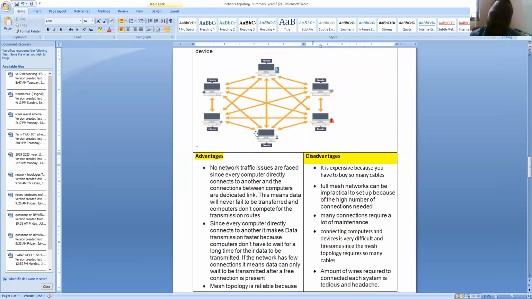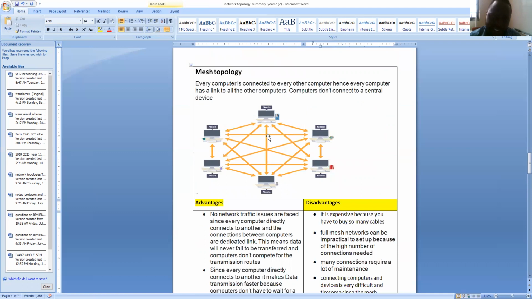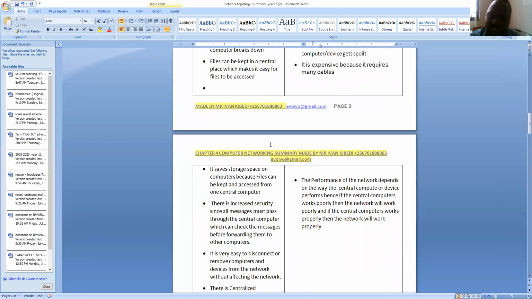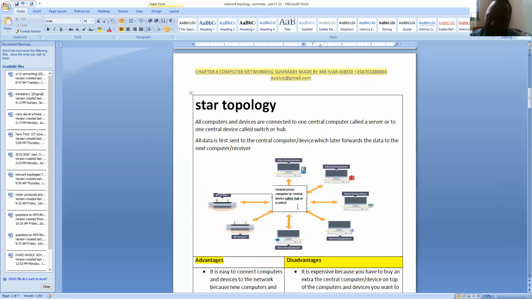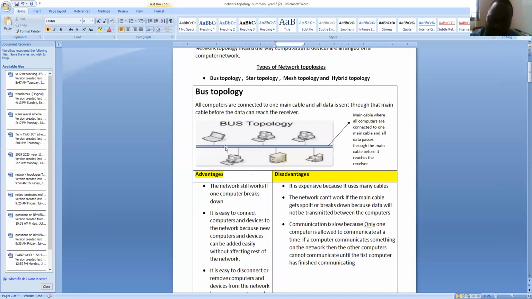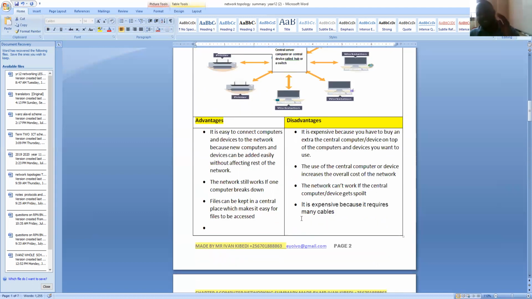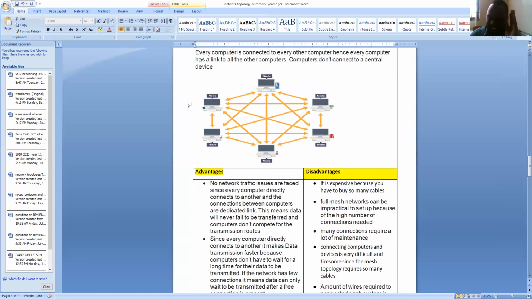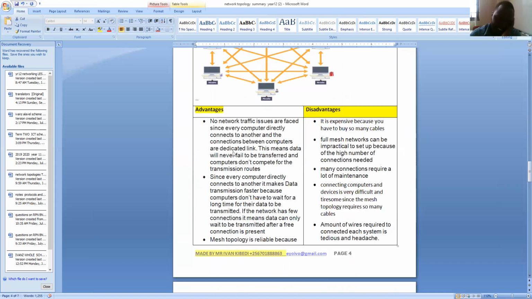Definitely yes. Why? If you compare the mesh and the star, with the mesh, the computers connect directly to one another, which means that computers are able to communicate or send data to the other computers directly, without first passing through a central device or computer, or without first passing through a central cable or a main cable. This makes communication faster for the mesh topology, because the computers just send the data directly to the other computers. There are some other advantages here,